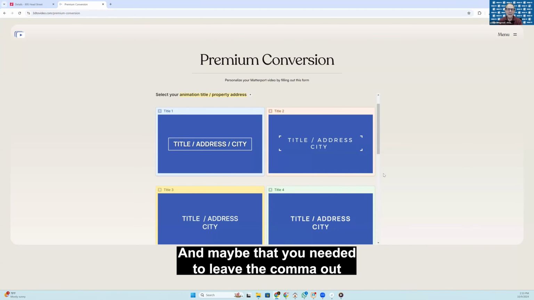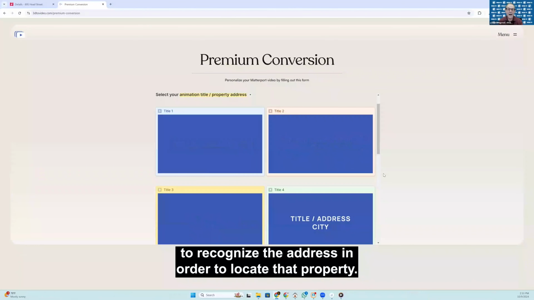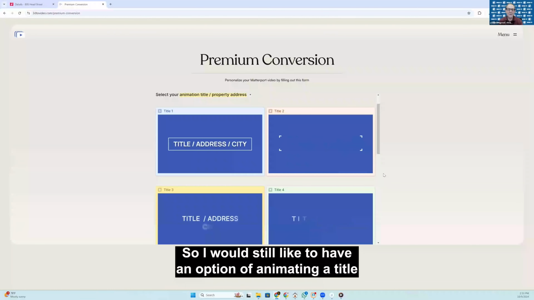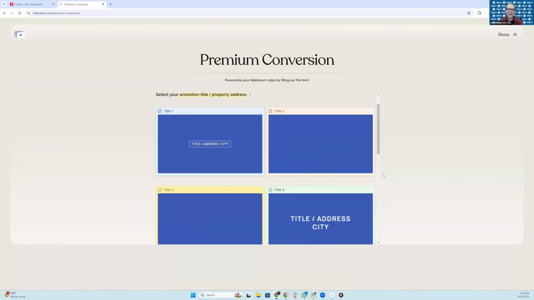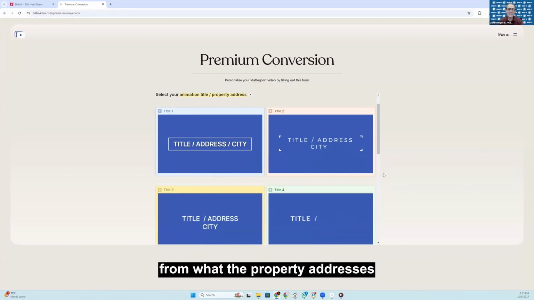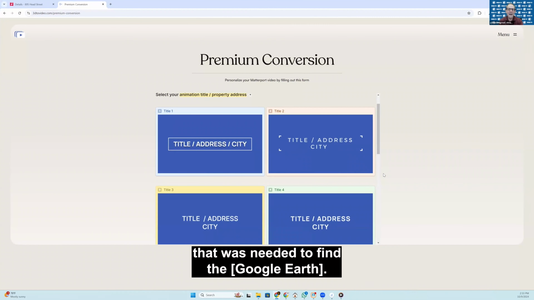It may be that you needed to leave the comma out to recognize the address in order to locate that property. So I would still like to have an option of animating a title if I want it to be different than what the property address is that was needed to find the Google map.